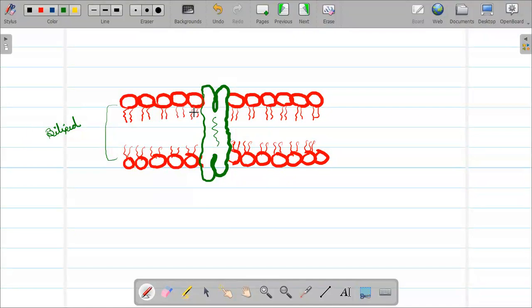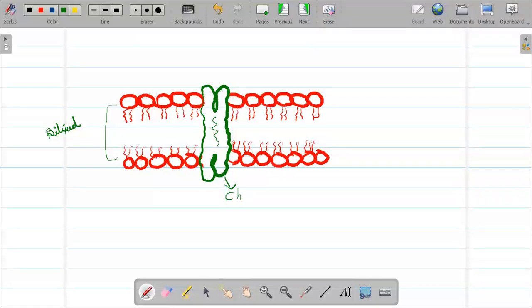It's a bilipid layer. Now I can see one protein. This protein is there between the plasma membrane, that is, between the lipid layer. You can see one protein. Can you see this? This protein is actually called as